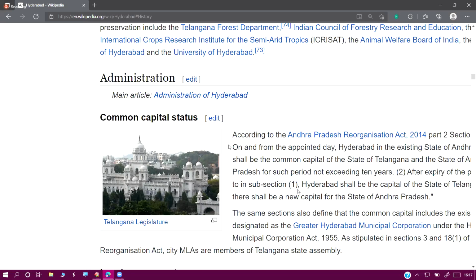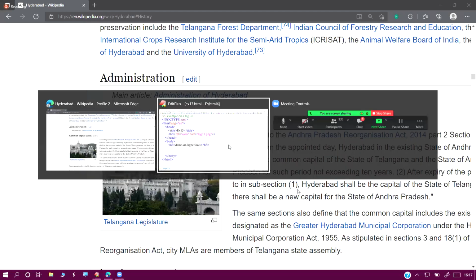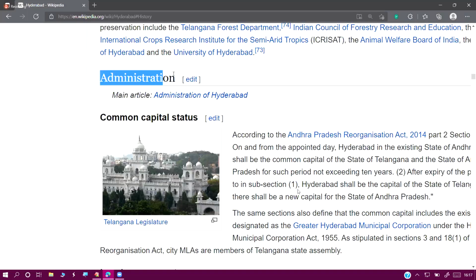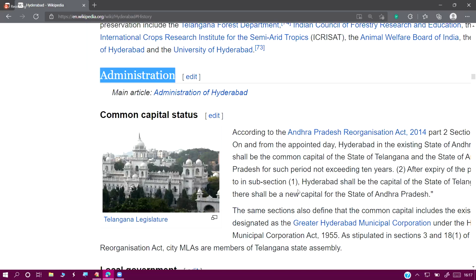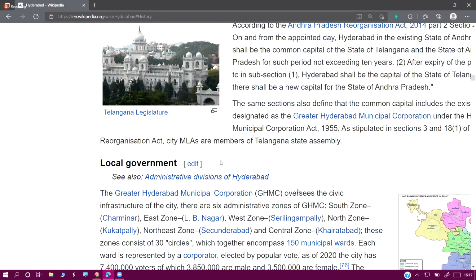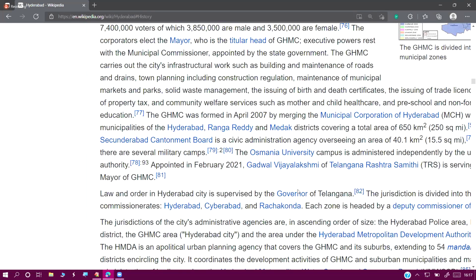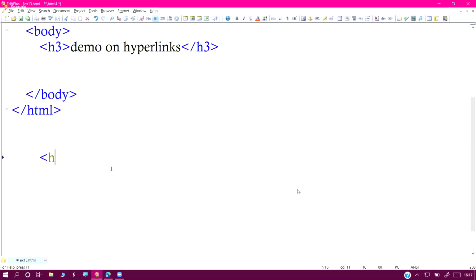Next, I'm going to use that ID directly in the current program. So what is the use of that ID, sir? We are going to use it in the mapping process. Observe this one, administration. Actually it's a heading. Below a heading, we have a lot of explanations. Next, local government, a heading, and below it some small explanations are also available here, right? So I'm going to create some heading tags, H1, history, like this. After designing the H1 tag, assign